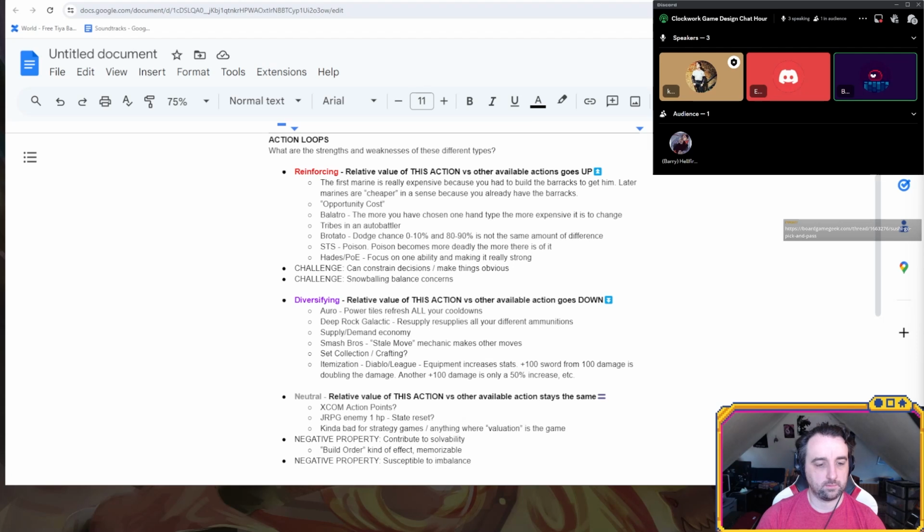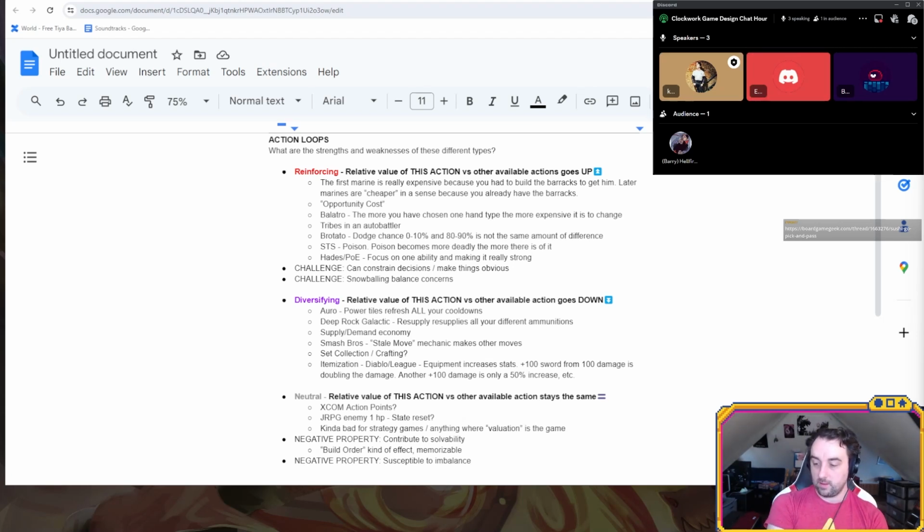So there are definitely ways this can be addressed, but this is one of the concerns you have to be aware of when you have these reinforcing loops, where at a certain point you're locked in. It's just like, I'm just going to do the thing again and again. Sure. And I would also add that snowballing balance concerns might be a concern for reinforcing effects, right? Because you already have a certain good thing and then you're getting more of that, so there's inherently something to keep an eye on. Snowballing, if it would happen, would have something to do with this.